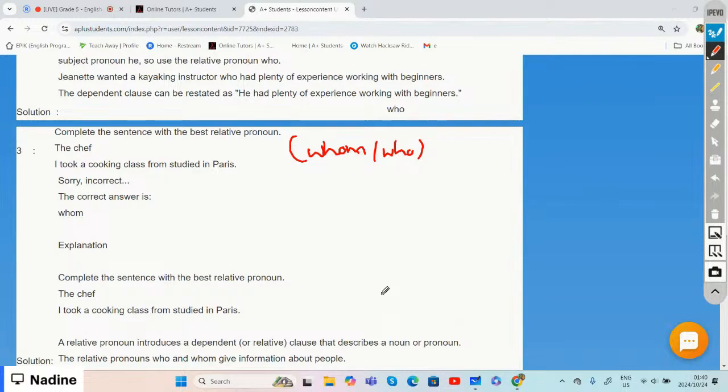The chef whom or who? All right. And if we were to choose the correct option, we'll say the chef whom I took a cooking class from, studied in Paris. So well done. So now we're going to our test